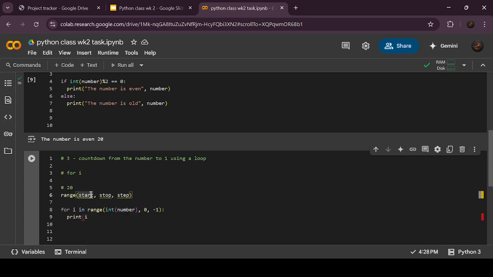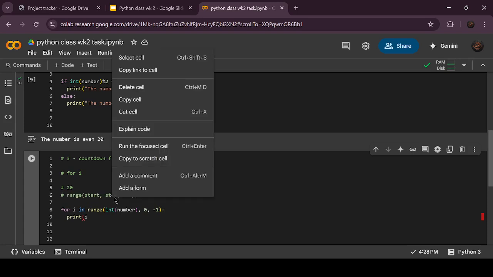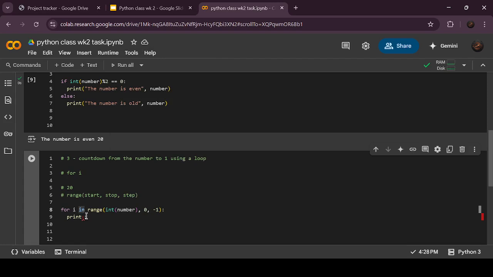So the first value is start, the second one is stop, and the third one is steps, like how you want it to move. So let's implement something like that. Let me just print it. I'm not going to do this yet. I'm just going to print it to see